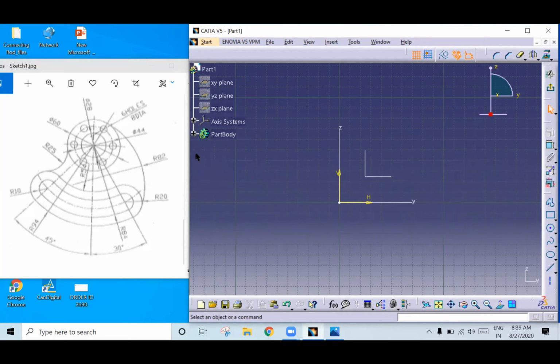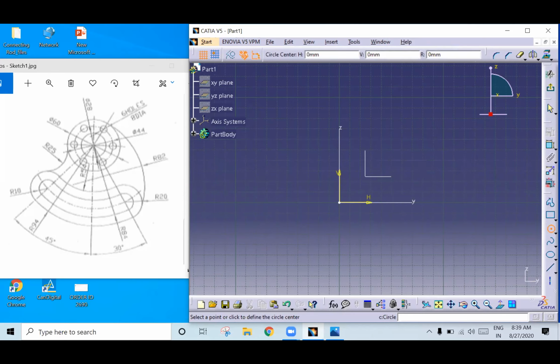Okay, see here. Before starting the drawing, you have to read and understand the drawing that has been given. You need to understand all the dimensions, and you need to decide where you want to start. Here I will start from this. We have this circle, right? What is the dimension of this circle? This is 28 dia, from here to here. So I will draw this.